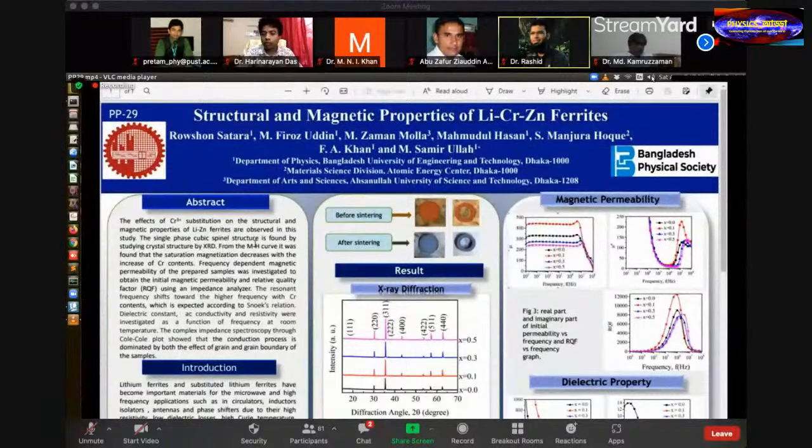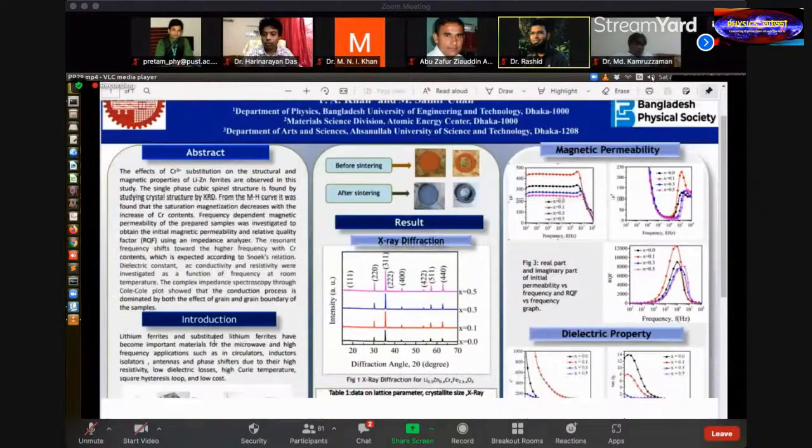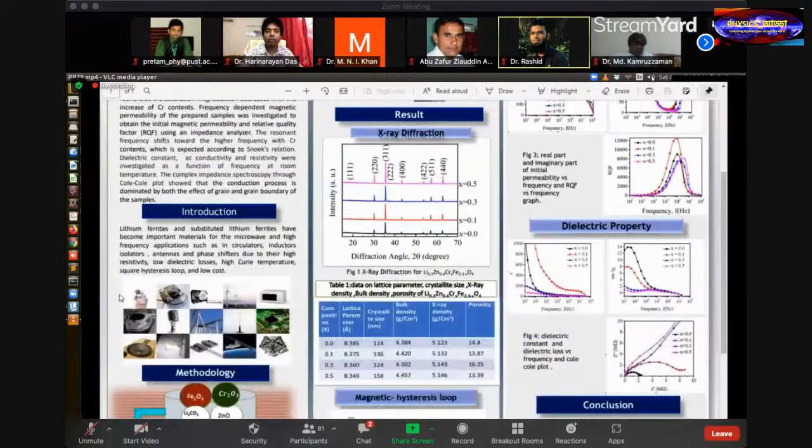We substituted chromium 3 plus ion in lithium zinc ferrite to emphasize the microstructure and electromagnetic properties, as lithium zinc ferrite has versatile applications in the microwave and high frequency region. We preferred the solid-state reaction method, with samples sintered at 1100 degrees Celsius. The substitution of